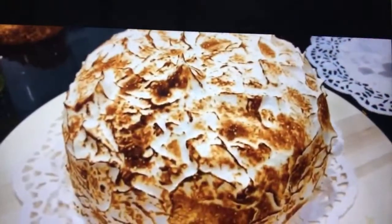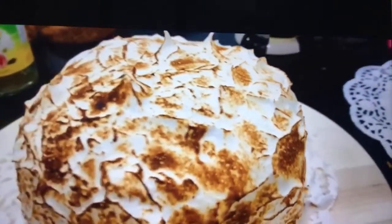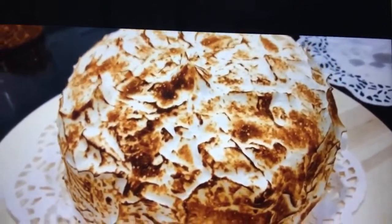Now our meringue is lightly browned all over. Look at that. Then immediately serve it. So guys, look at that. Easy